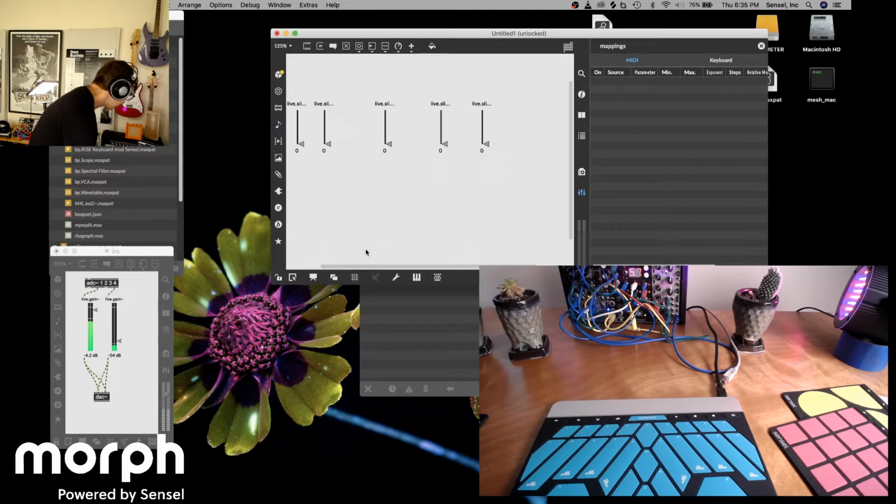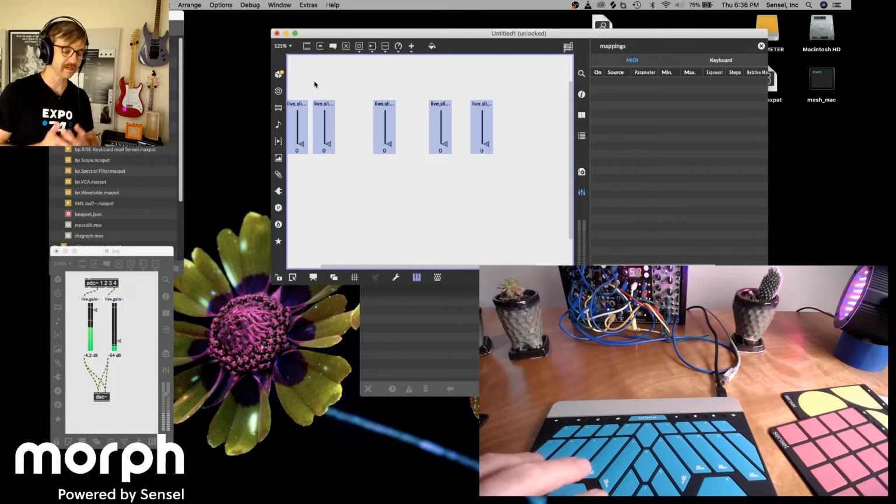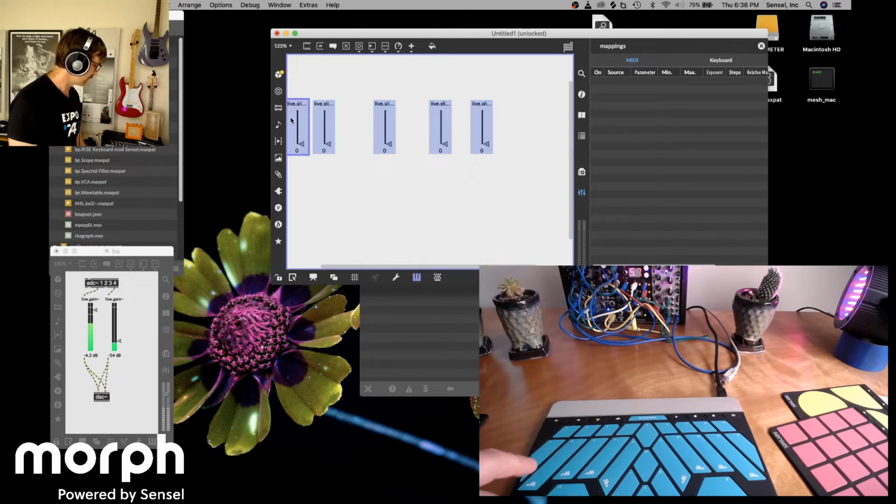morph into map mode, which is assign MIDI map. And when I click this little piano keyboard at the bottom here, that turns everything blue, much like you would see in Ableton Live or Bitwig or any number of DAWs that have a MIDI Learn feature. So again, you can just sort of go ahead and